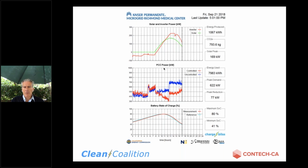So what does that mean? This is the point of common coupling, the actual net energy in the building. And again, Craig, can you see the mouse? Or I don't know if people can zoom in. I probably should have made these three slides. So the blue line is the uncontrolled. This is the hospital's profile if we didn't have a microgrid, whereas the red line is the resultant net